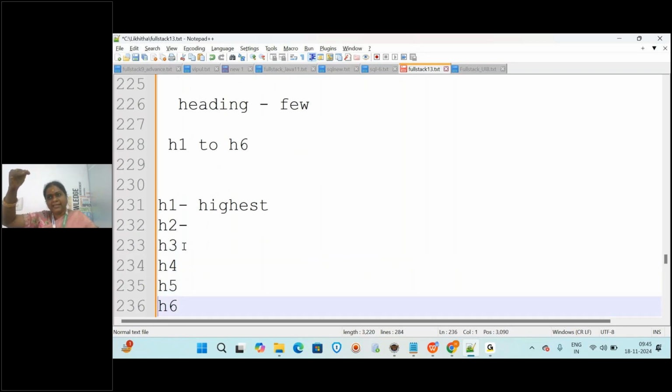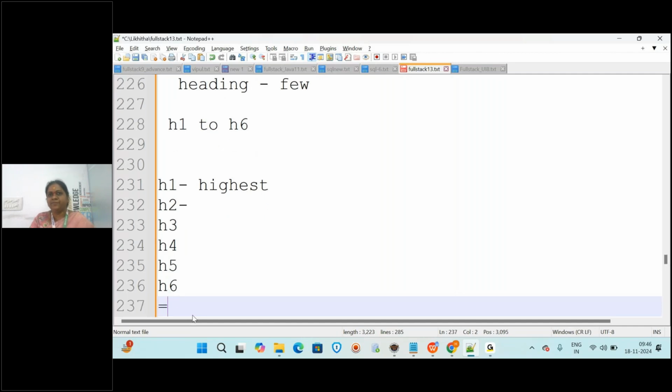H2 will be a little less. H3, H4, H5, like that it keeps on decreasing. Specifically, we have one head tag for the head section. Along with that, if you want headings with some particular size, you can write from H1 to H6. Understood?